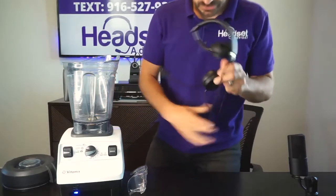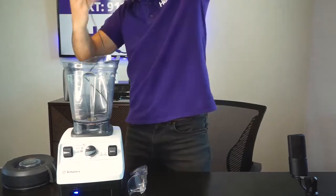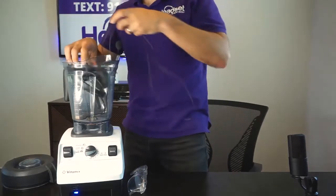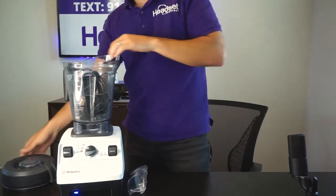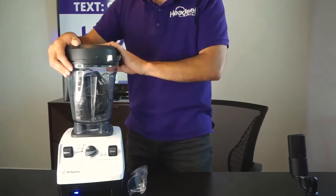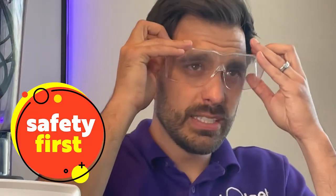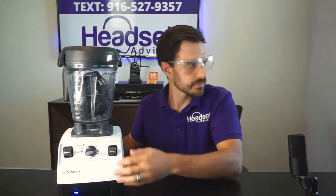All right, so let's just load it up here. Luckily, this headset is collapsible, so it'll fit in here. All right, and then we just put that top on. Of course, safety first. We got to make sure that our glasses are on here. And